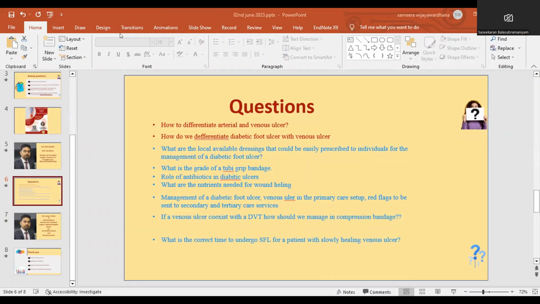Any patient, if you diagnose sepsis, I would say marginally wound infection, you can manage at your primary care setup. So you treat the patient, think about bedside wound debridement, and check their bloods. If they are okay, and if their pulses are okay, mainly I'm talking about diabetic foot, if their pulses are okay, you can play around.